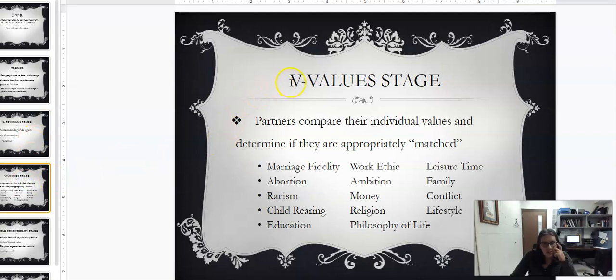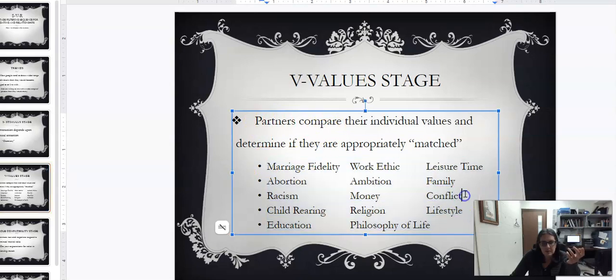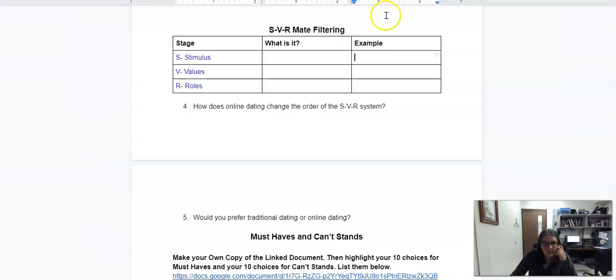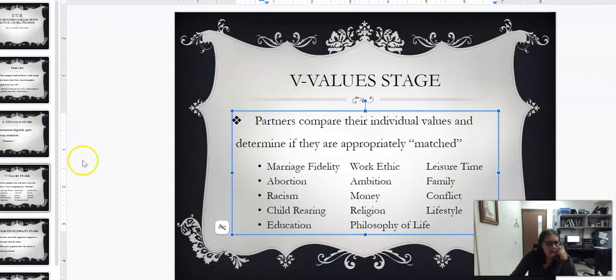And then we get to the values stage. The values stage is where partners compare their individual values and determine if they're matched well. So that's the definition piece. And here's a ton of different examples, and there are so many more than this. This is just a few. Like fidelity, meaning are you faithful? Do you want to have kids? Could be racism, it could be any of the isms, like you want people to be following your beliefs. And religion, how people handle money, how you deal with conflict, all of those things. Tons of different options for examples. Then pick maybe one that's important to you. Okay, and then we have